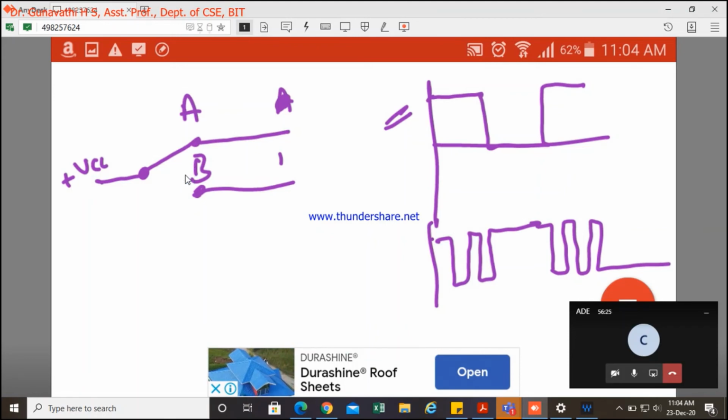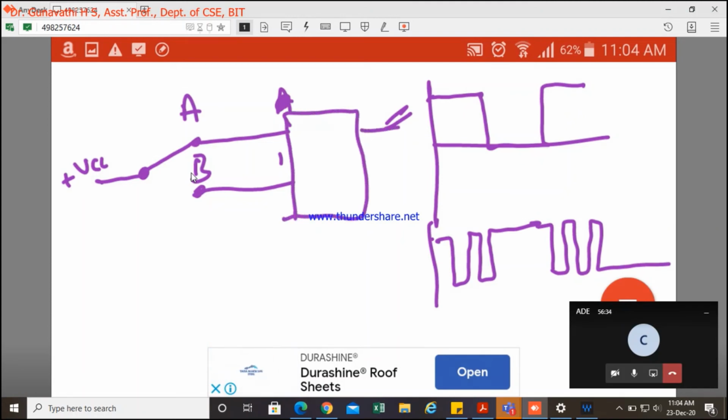This can be rectified with an SR flip-flop. You know what an SR flip-flop is, right? When 0 0, no change; 0 1 reset; 1 0 set. Using that SR flip-flop, we are able to rectify the bouncing effect of the switch. So we'll have additional circuitry here.